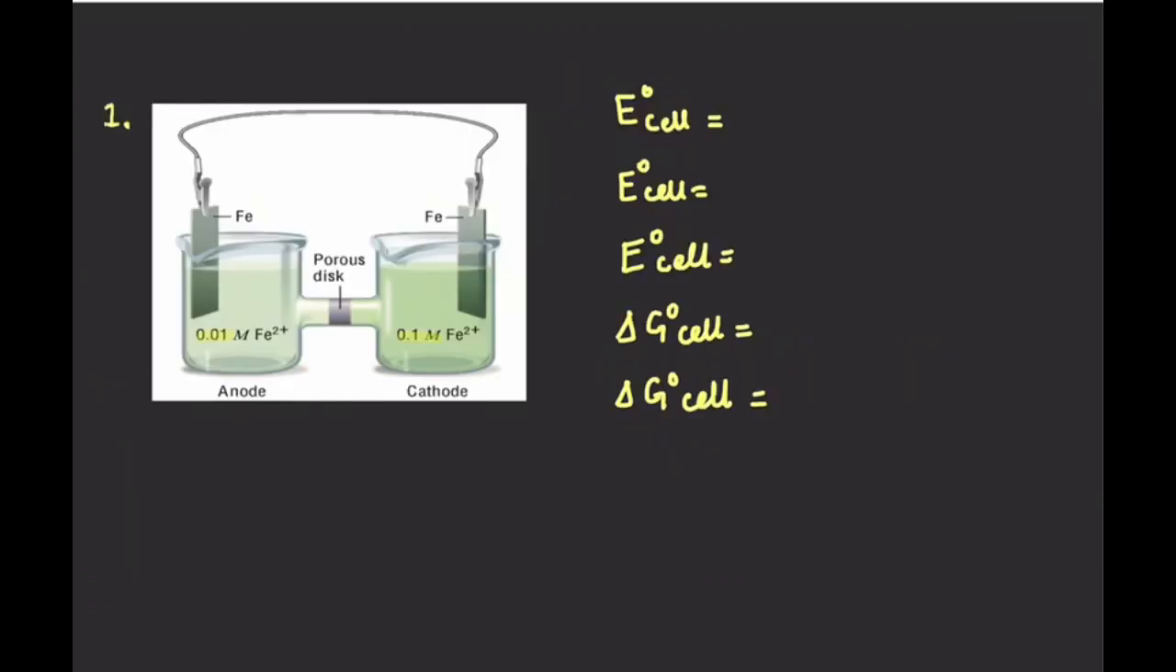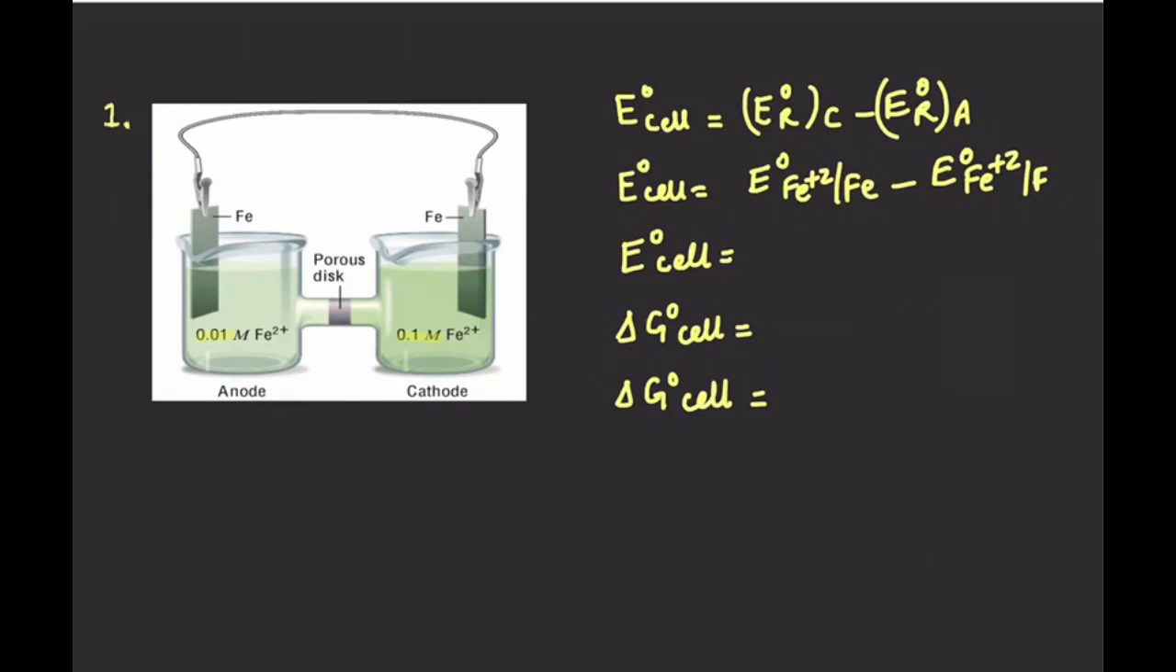Let us calculate E naught of a concentration cell. So for any galvanic cell, E naught cell can be written as E naught reduction of cathode minus E naught reduction of anode. So we can write here that left hand side is metal ion half cell and the right hand side is also metal ion half cell, and the metal and metal ion is same. So we can write here that E naught of Fe2 plus ion to Fe minus E naught of Fe2 plus ion to Fe. Since the metal ion and metal both are same, so we can write that E naught cell